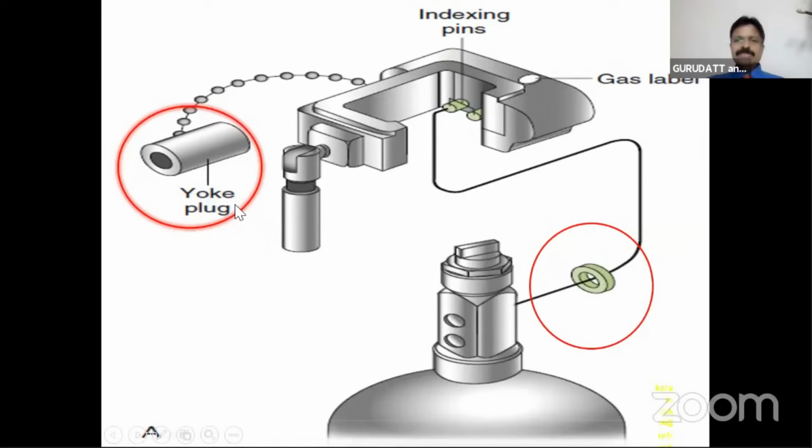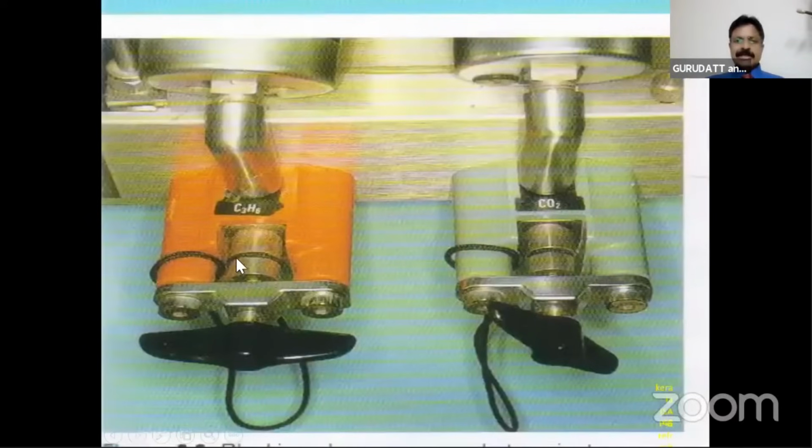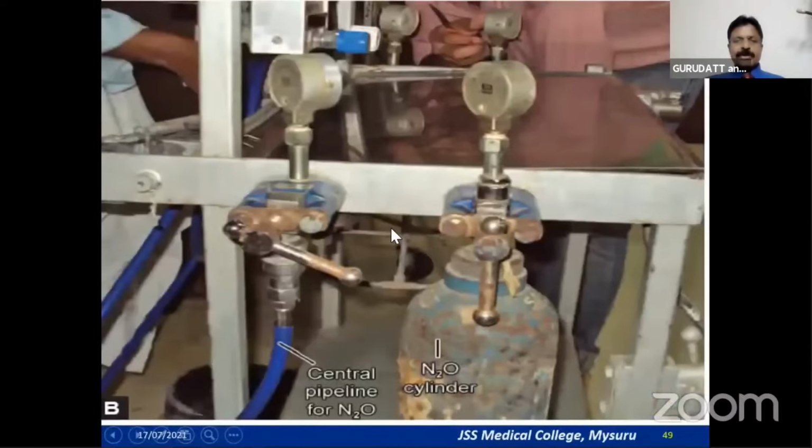And many of the students do not answer. You should know that it is a yoke plug, mainly to plug the yoke when it is not in use. You can see here, this is how the yokes which are not being used are plugged by the yoke plug. So one more part you should always know about, because I told you, the older machines will also be kept for the exam,